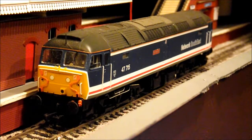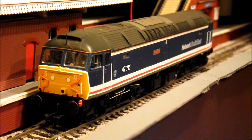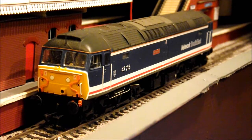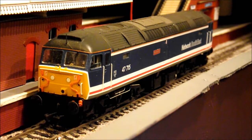My last 47 is another Batman version, and this is 47715 Haymarket. It's in Network Southeast revised livery. Again, this loco has seen sporadic use on my layout. It hasn't been used a huge amount, but it has been used, and it's in excellent, mint condition, and it runs really well, like all